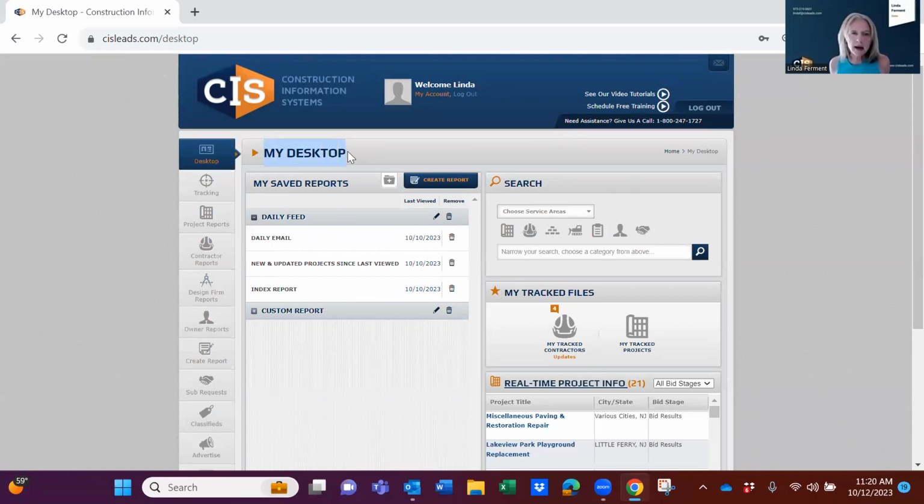This is called my desktop. Underneath the desktop are my saved reports. We basically call these starter reports because no matter who you are or what you do, we start all of our clients off with this daily report, a last viewed report, and an index report. I'll talk about that in more detail a little bit later. You can customize your own reports, which is what I'm going to show you today, actually, because